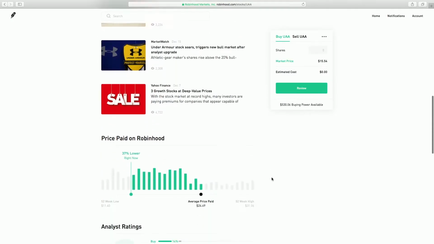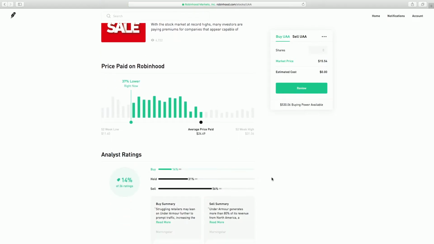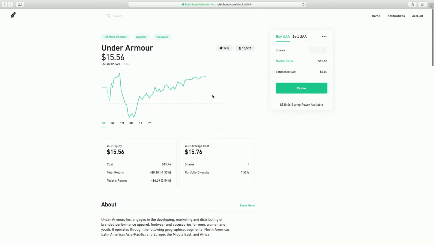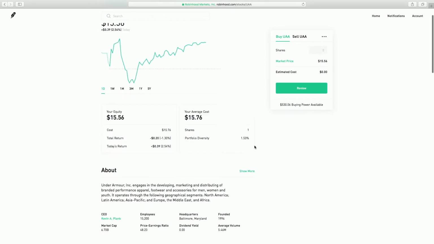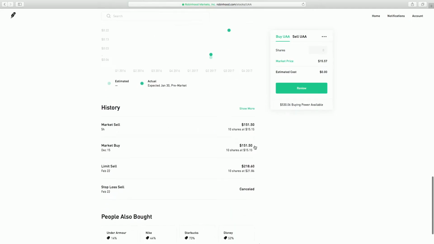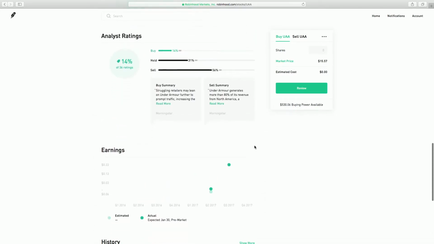Let me pull this one up. Aha, this was it. Okay, so Under Armour. So the current price is 36% lower than the average price paid from Robinhood users, which is $24.49. And there's been 16,000 people that own Under Armour. So that gives you an idea, like when you are actually